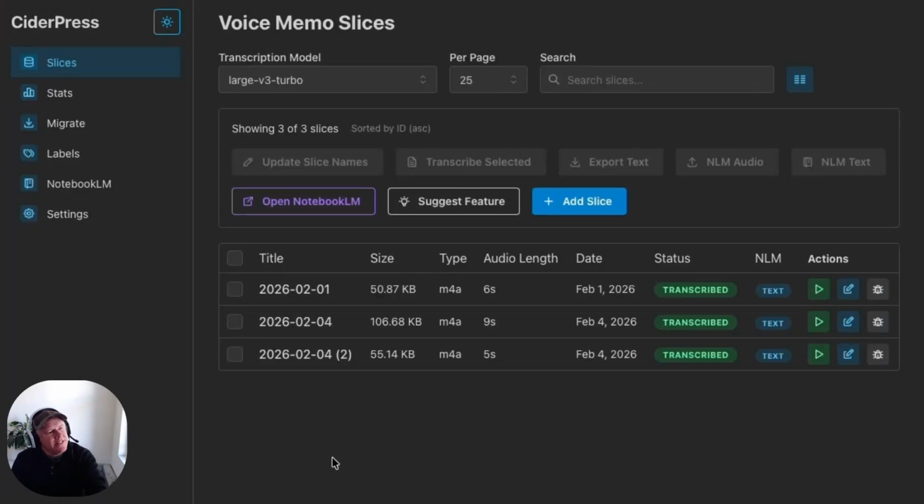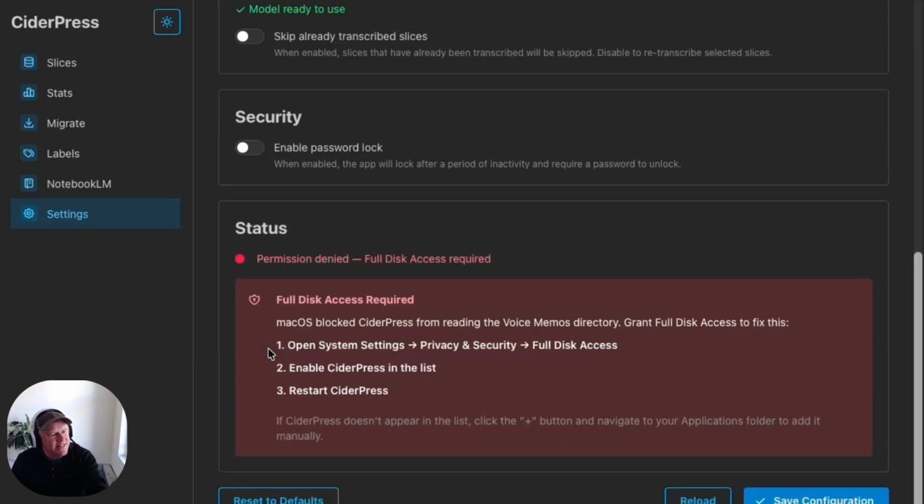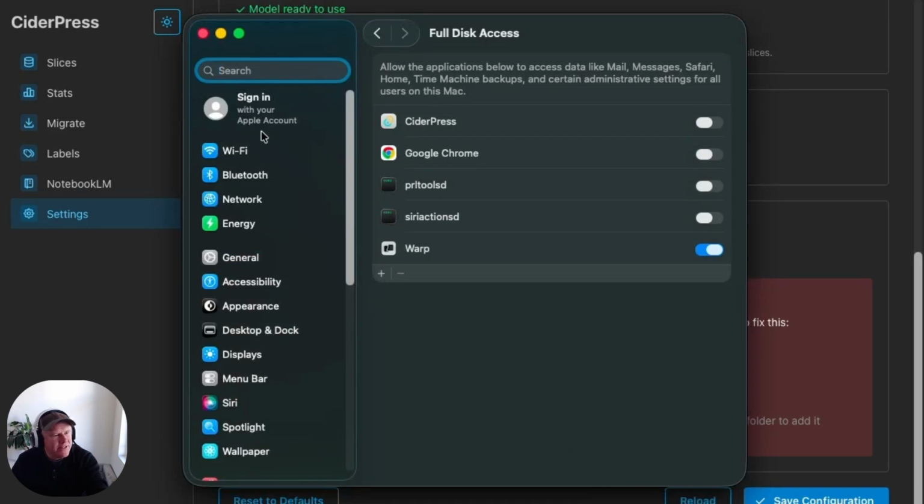All right, now CiderPress is up and running, but we have one more step to complete. We have to go to Settings, and we can see that it does not yet have disk access. You only need to do this once, but because it wasn't signed by Apple, and even if it is, you probably have to do this,